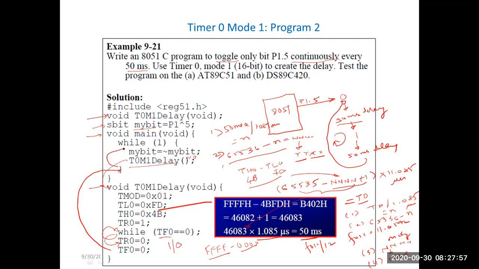Again from here it goes to the next pass, because the statements in the loop are continuously executing. After execution of this time delay, control goes again to the first statement. Now my bit is equal to the inversion of my bit, so previously it was 0, and after the 50 millisecond delay it becomes 1. Again this delay function is called and generates a 50 millisecond delay. So on pin 5 of port 1, the output will remain 1 for 50 millisecond,